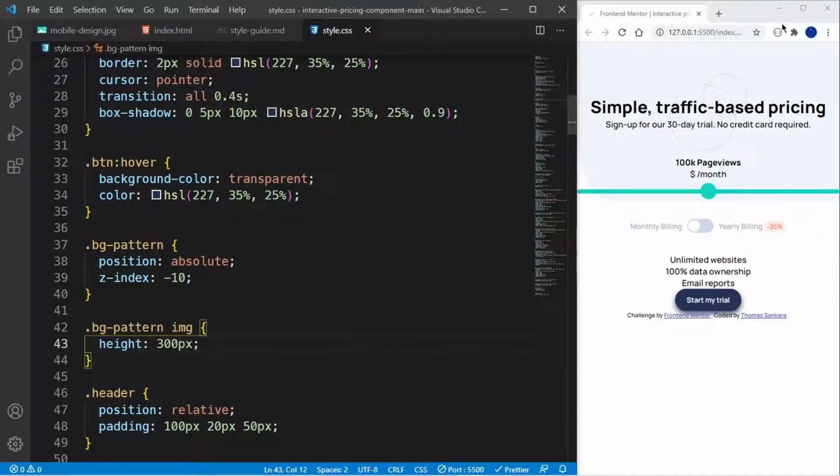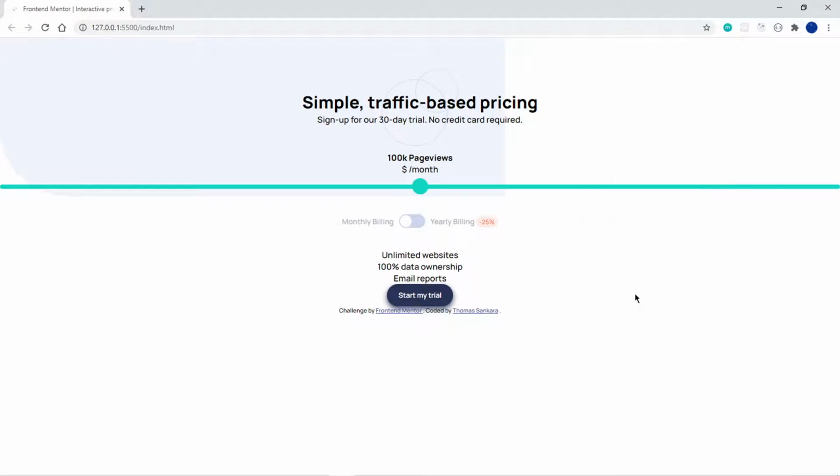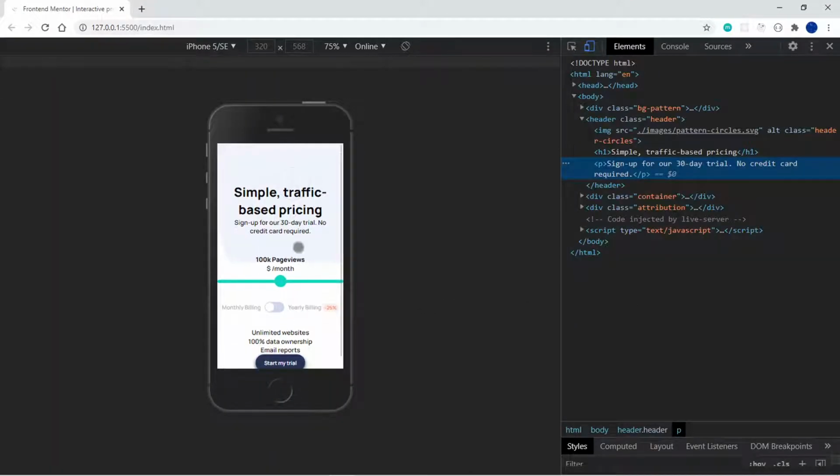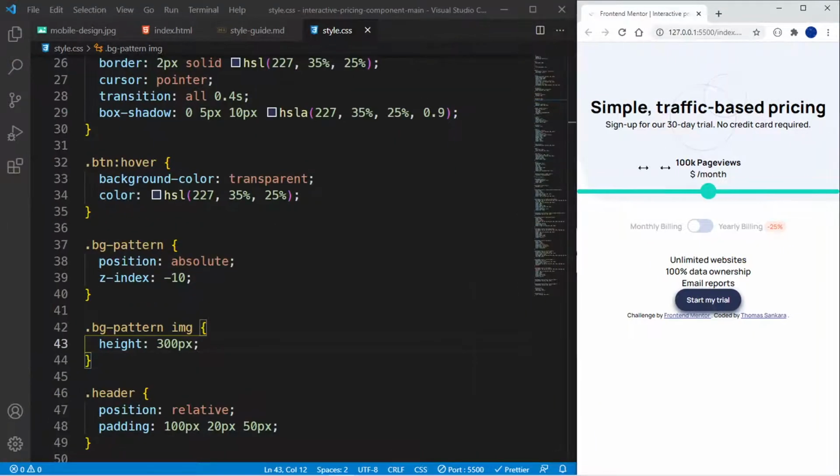300 is almost nice. Let me see. Yep, let me open my tab here. 300 is almost nice. I think that should be fine. 300 pixels. Okay, and then once we do that,